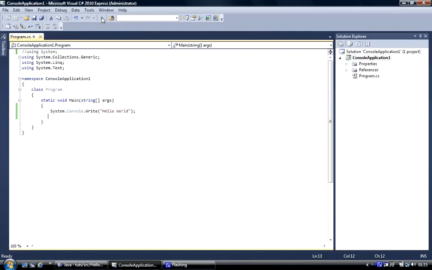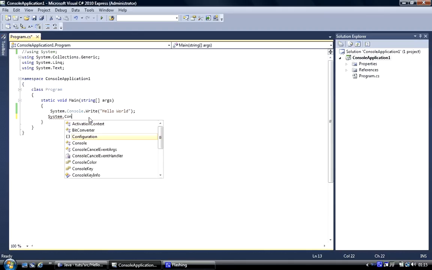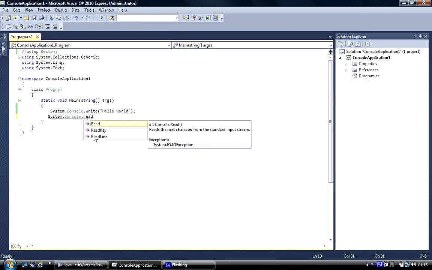It's just going to flash off the screen and disappear. And so just like C++ and in Java, you've got to put a read command to hold the screen. And so again it would be System.Console.Read. We've got ReadLine to read a whole line of a string. We've got ReadKey, which reads the first key, or Read, which will just read the next key pressed as well. So it's a choice between one of these. I'll choose this one here,